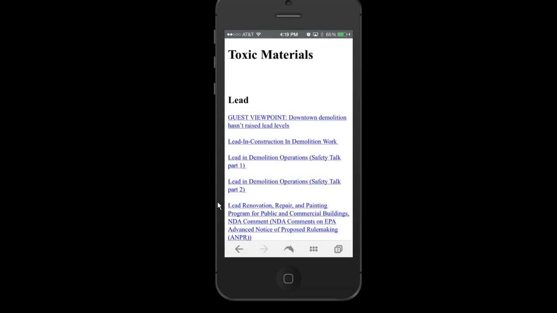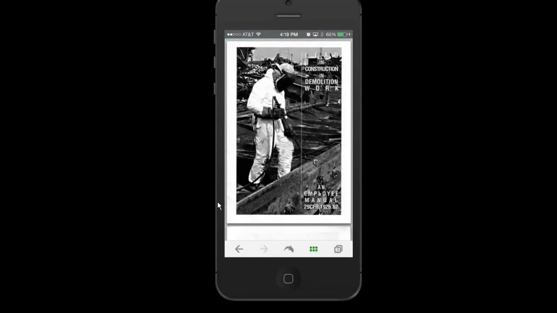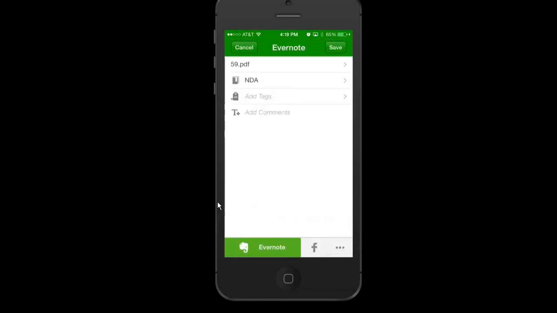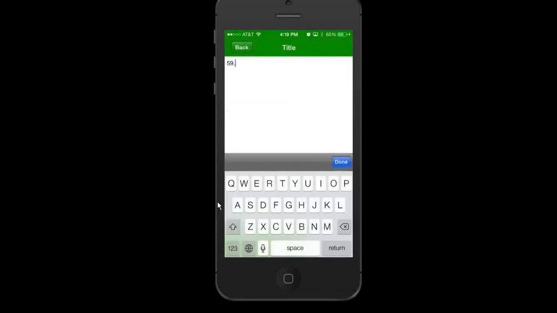On the web page here, I've got this list of, say, toxic materials. If I wanted to add that entire document into my Evernote, I simply click on this button and share it with my own Evernote. In just a couple seconds, I've got that entire document added in here.